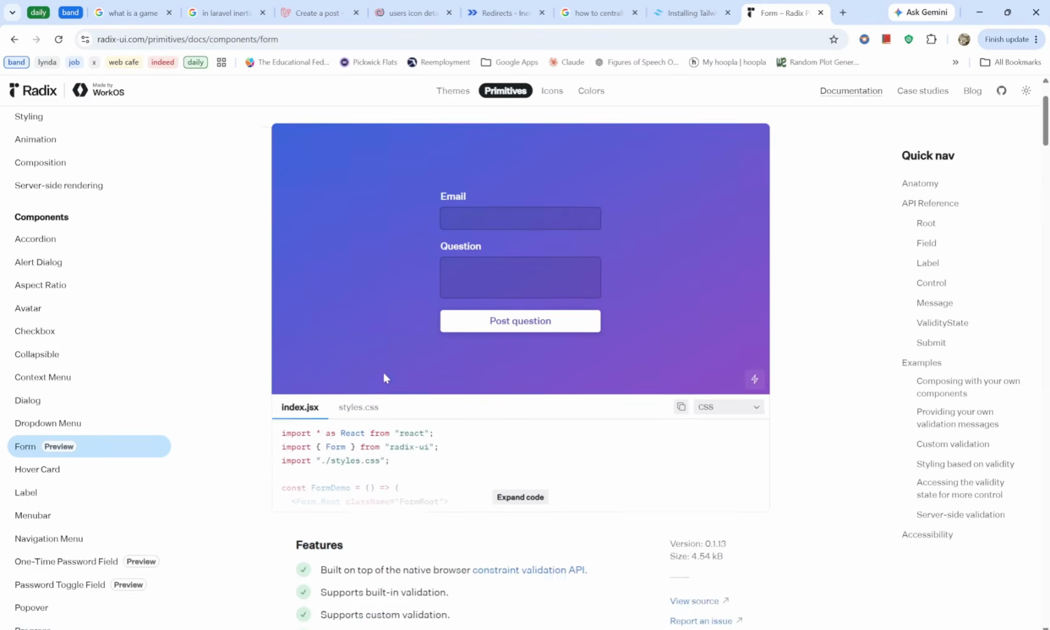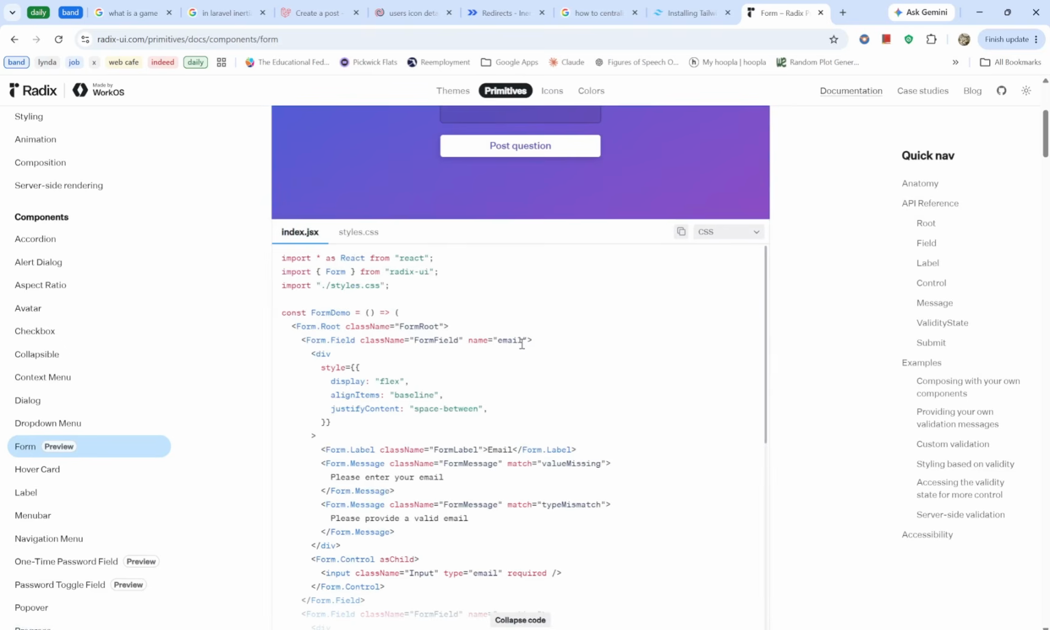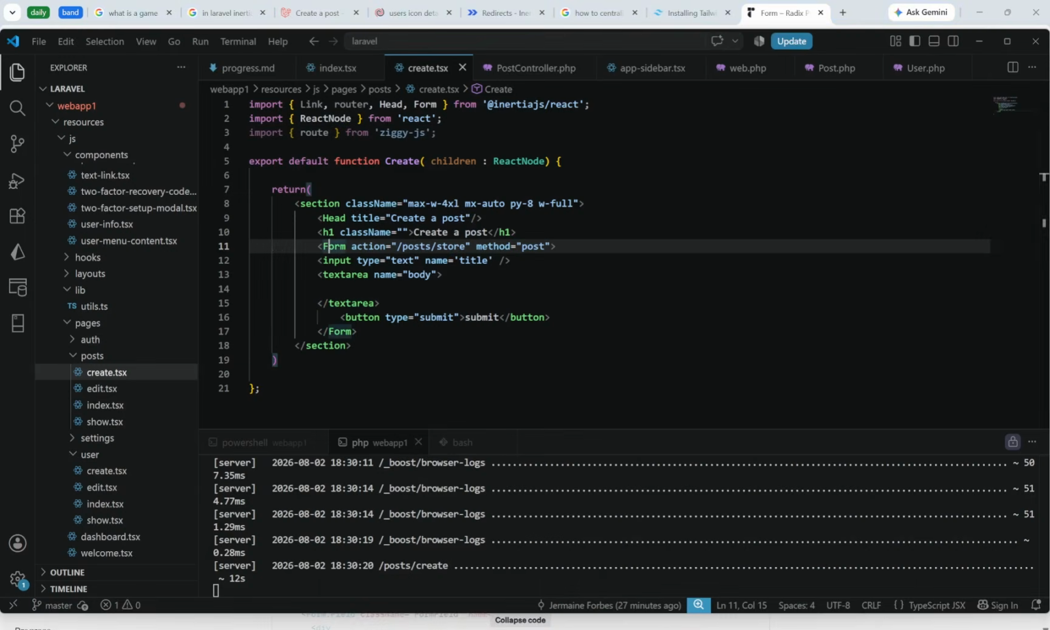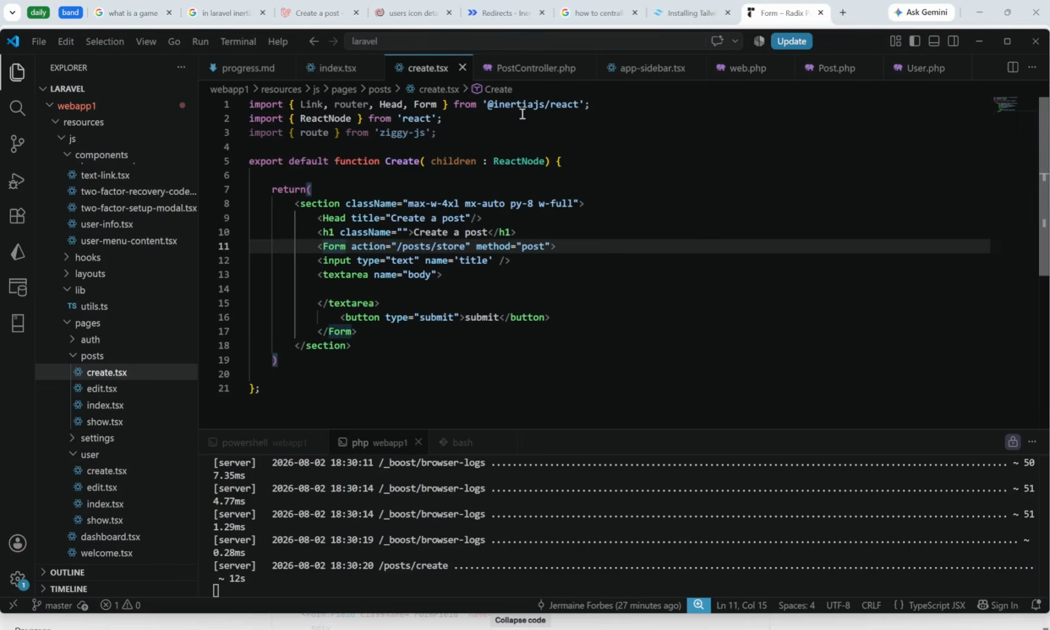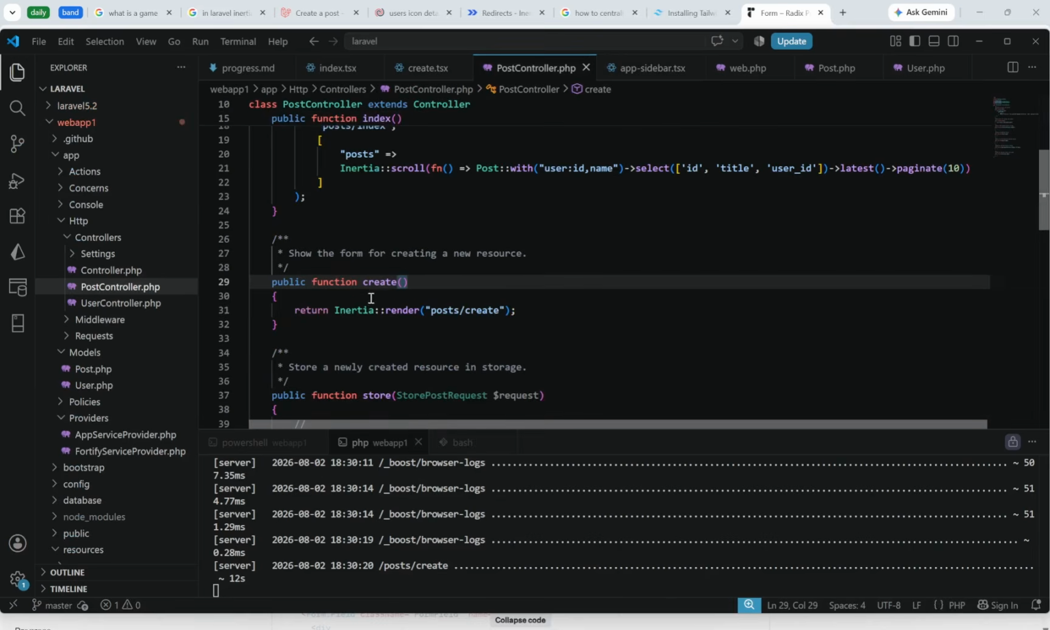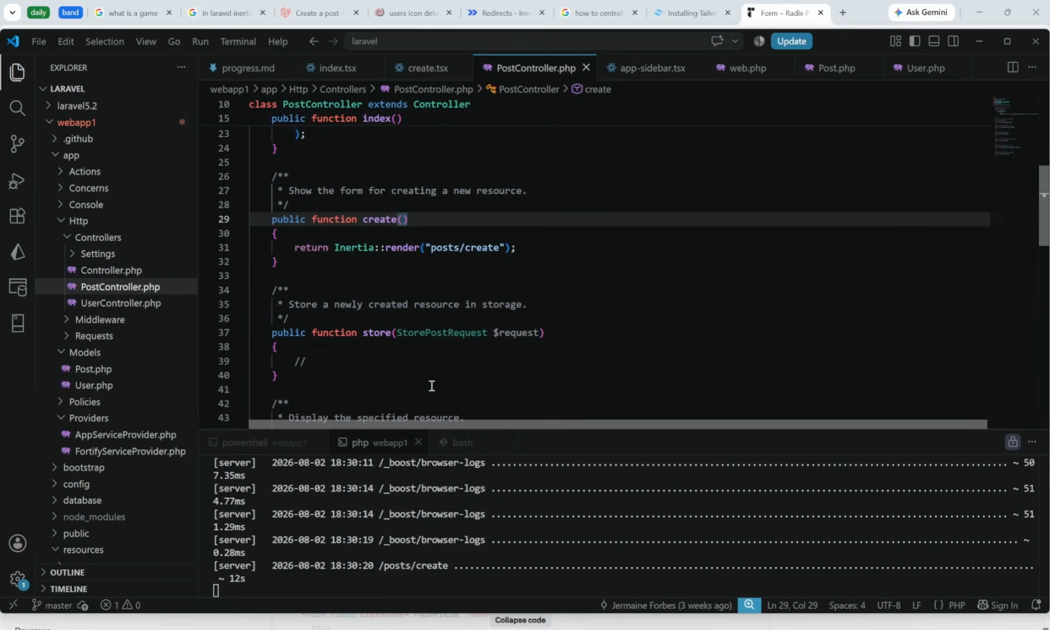See, they already have a form, but we need to use the form within here. I mean, within Inertia, in order to successfully push your data to these endpoints, or at least to the post controller. Because I have to create, now I just need to store, and then I possibly need to